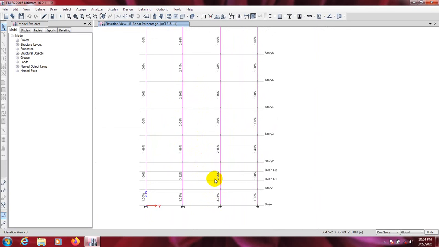After that here 3.8%, 3.6%, 2.4. So here